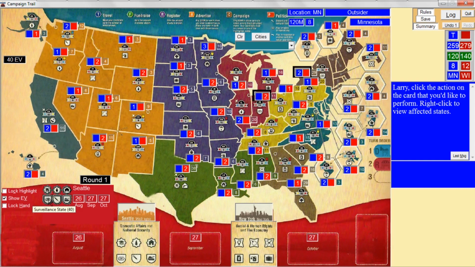This is surveillance state. This one is drug trafficking, 31 electoral votes. Over here, if I highlight the military, which is a total of 27 electoral votes, you can see that the states that care about the military are Nevada and Nebraska and Virginia. And you're going to see how the debate works when we get there, but suffice it to say that